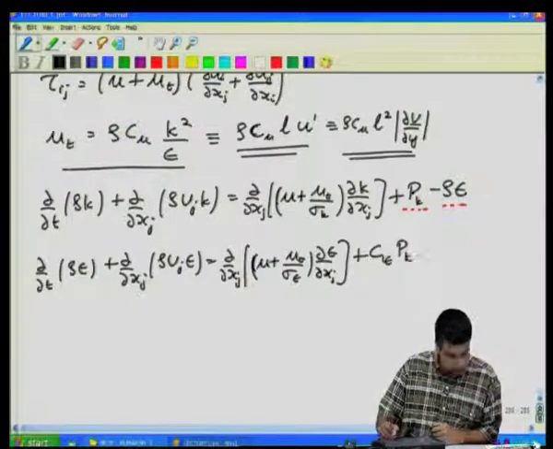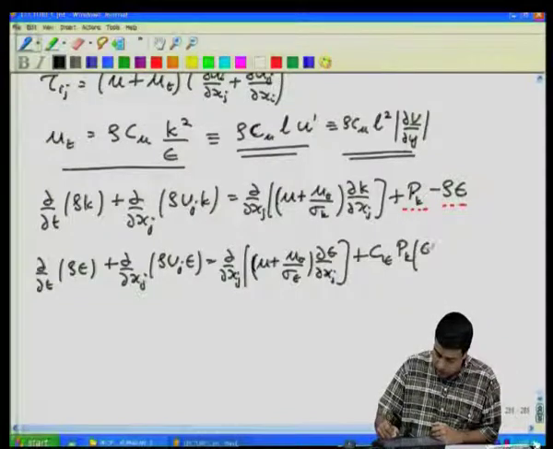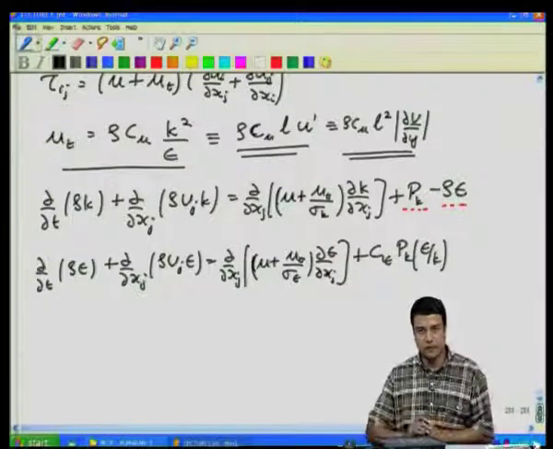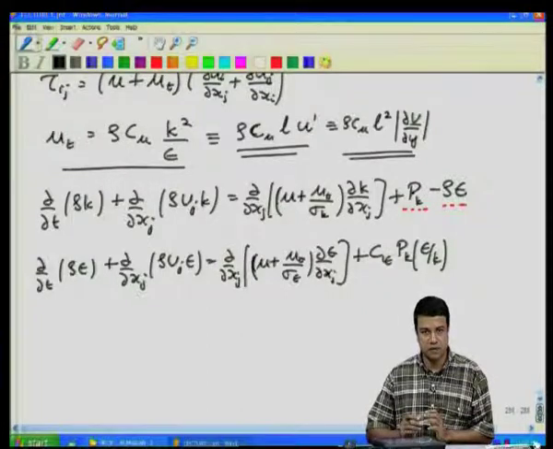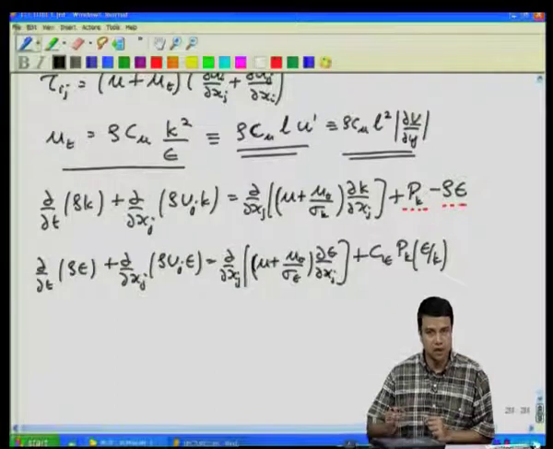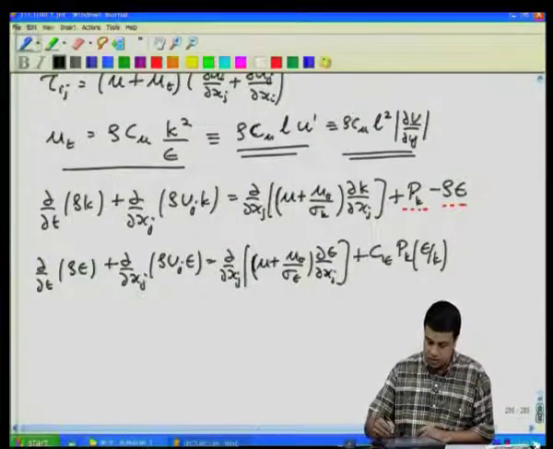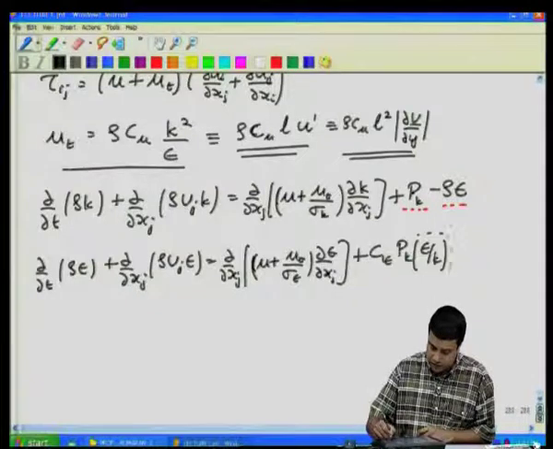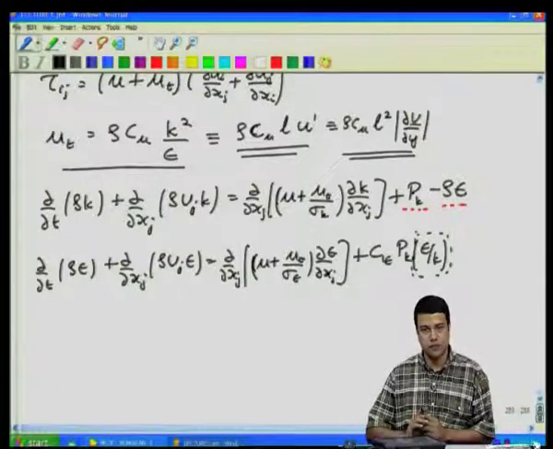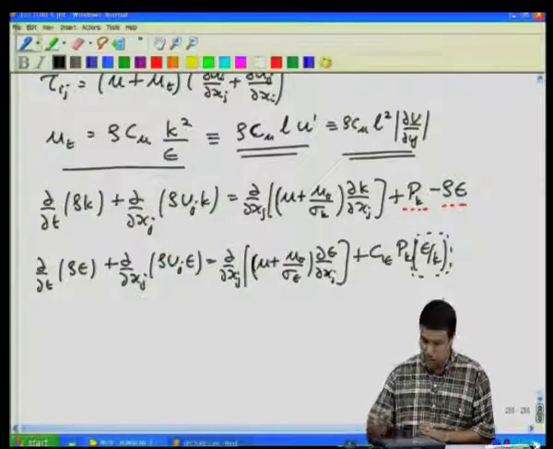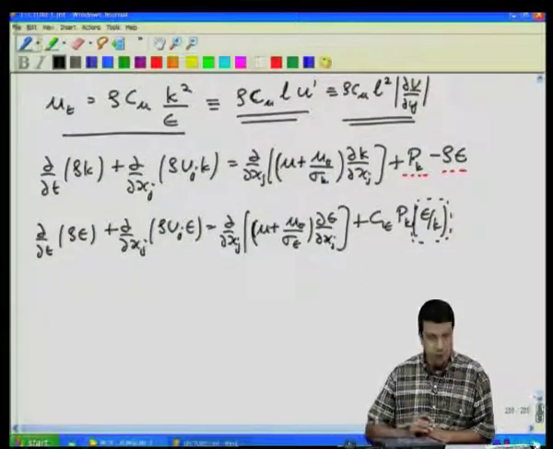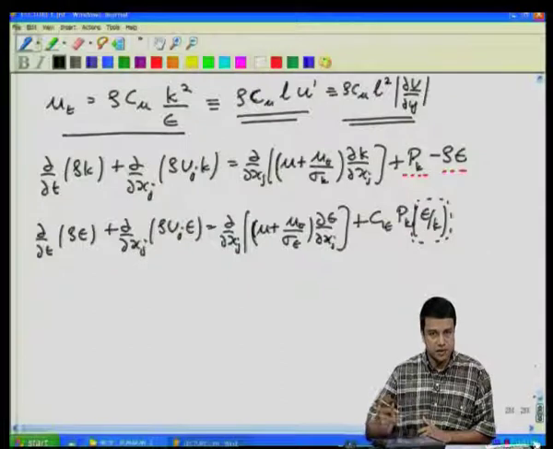Plus there is a term which is the production term, but it has to have an inverse time in it, because the rate of dissipation of energy does not have the same dimension as the kinetic energy itself. Epsilon has a dimension of 1 over t times k. That 1 over t is the turnover time, which is taken into account by this epsilon by k, which has dimensions of 1 over t. Okay. So, that is the transfer of energy term from the